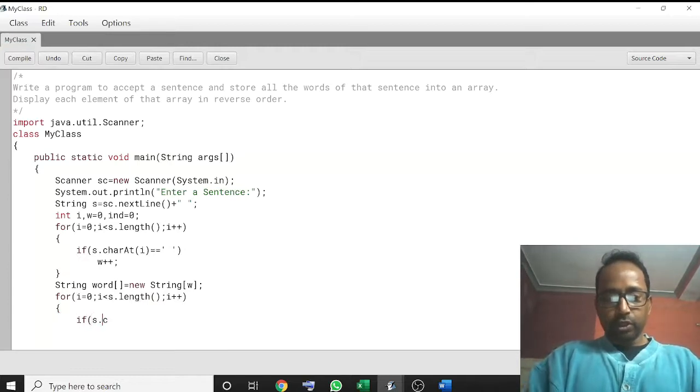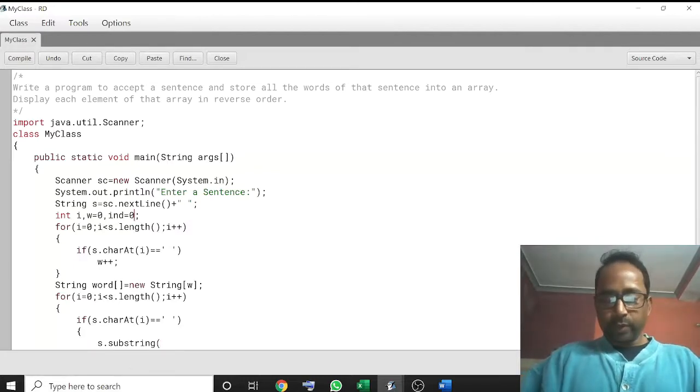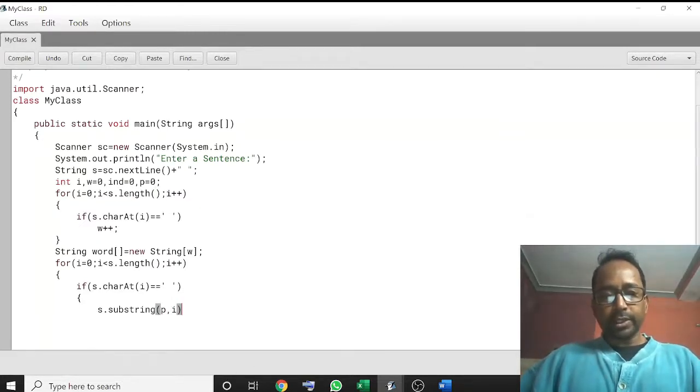If s.charAt(i) equals space, then s.substring from index 0, which you have to take in one variable p = 0, then from p to i without including the character at i, because i contains the index of space.